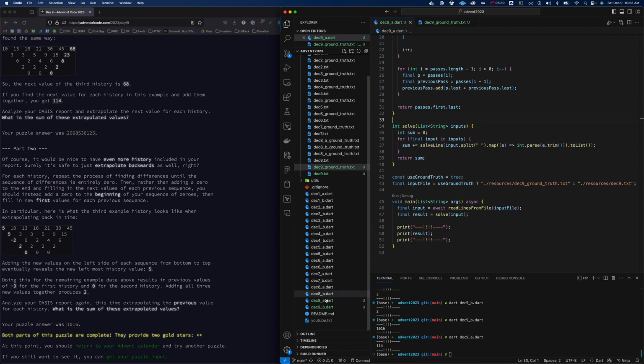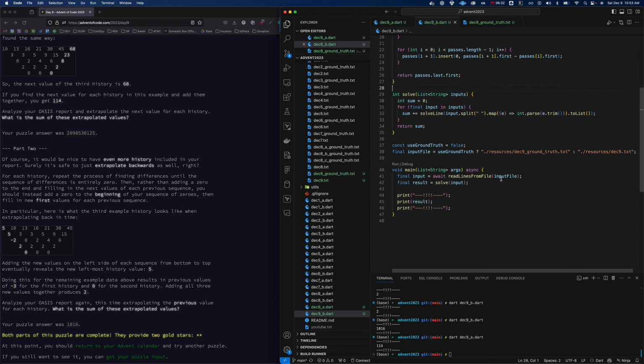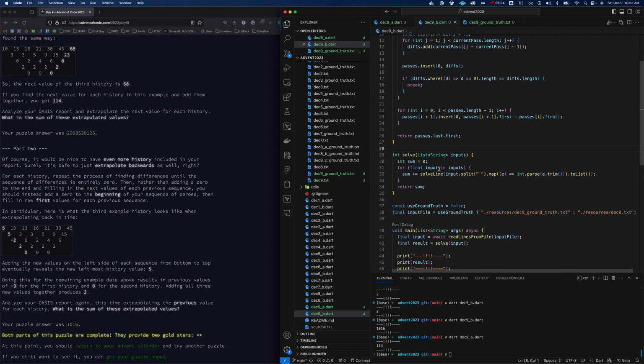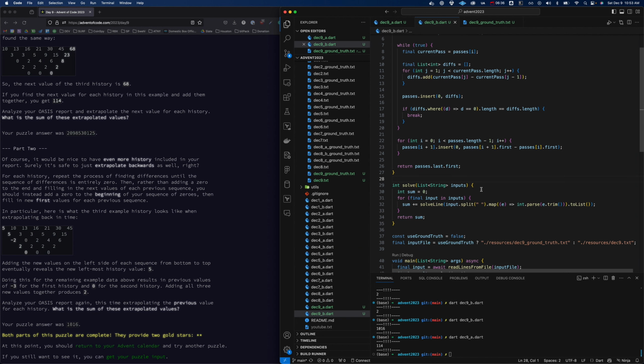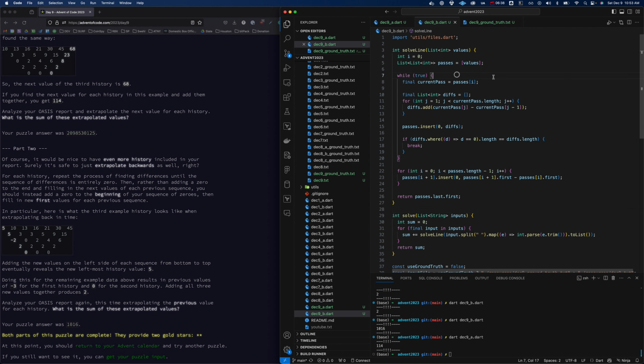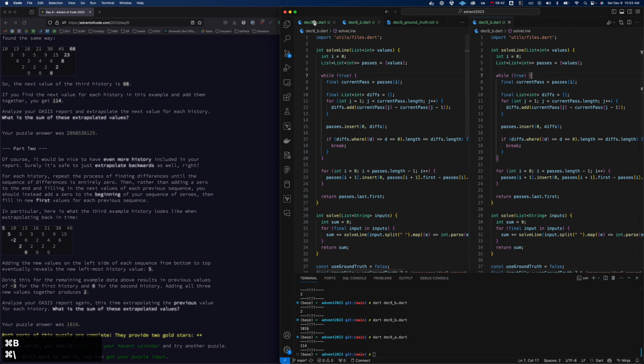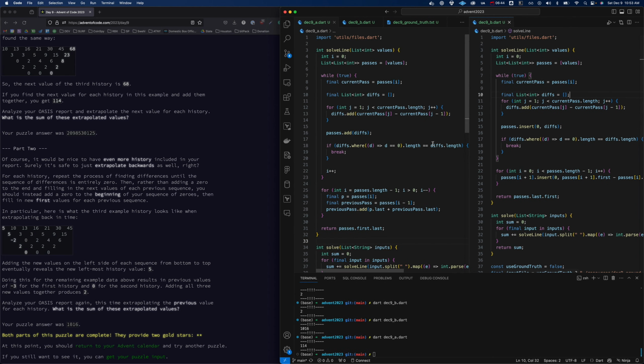So let's open up number 2. So same kind of thing. We're going to solve each line separately. We're still summing them together. And the difference is here, and maybe opening up both, you'll see these solutions are almost the same code. We still do this the same way. We still loop through this. We still are getting our diffs, but instead of appending it to the list, we're actually going to insert it